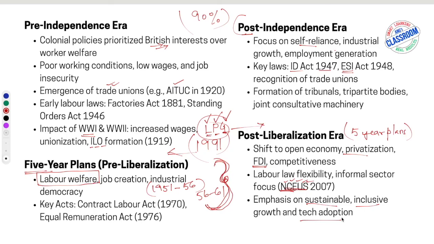So, in summary, the story of industrial relations in India is the story of how workers and employers have learned to coexist, sometimes with love, sometimes with fights, and often with the government playing referee. From the colonial era's exploitation to post independence welfare policies, and now the era of economic reforms, industrial relations have evolved a lot. But remember, this is not simply history, this is a lesson that helps us understand today's HR policies, labor laws, and workplace dynamics.